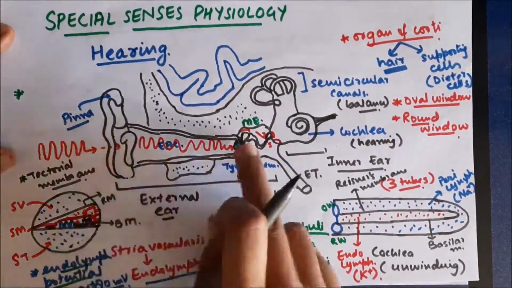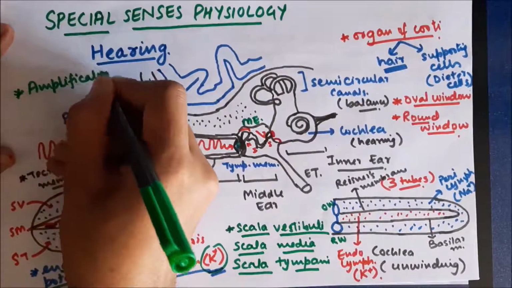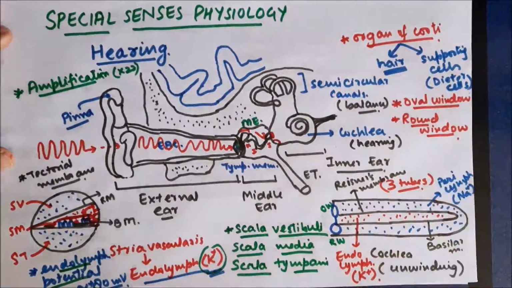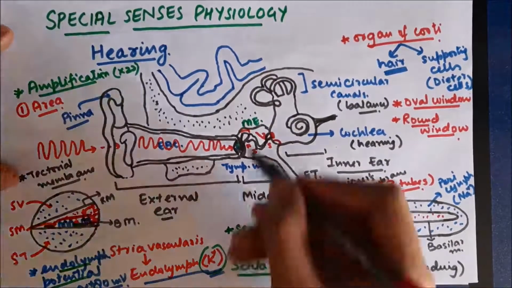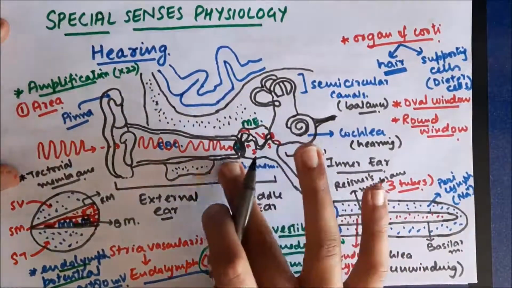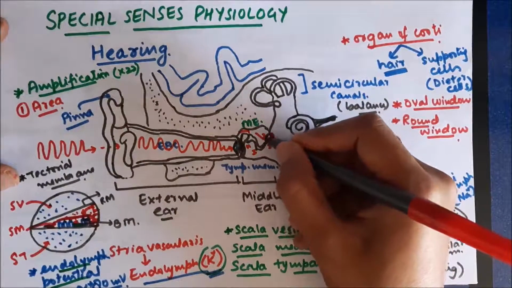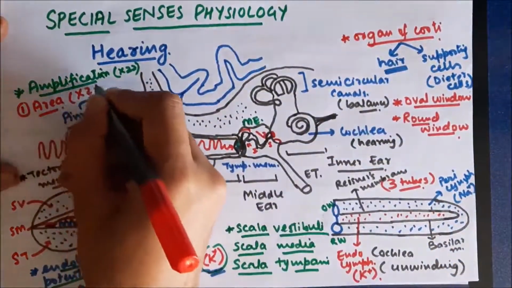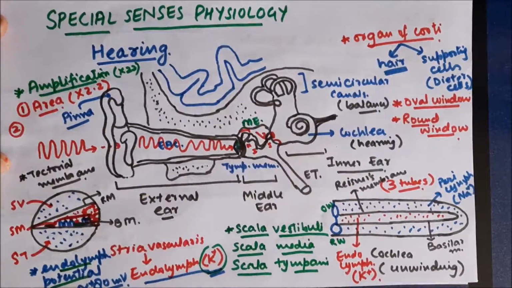Now the middle ear performs a very important function. It conducts these sound waves to the inner ear. It performs the important function of amplification of sound. In the middle ear, sound is amplified 22 times, and the main reasons responsible for this amplification, the first reason is the area. When sound waves strike the tympanic membrane, from the tympanic membrane these waves are conducted to the malleus. The area of contact between the malleus and tympanic membrane is large. On the other hand, the area of contact between the foot plate of the stapes and the oval window is small, so the sound gets amplified while entering the inner ear, and this amplification is 2.2 times.